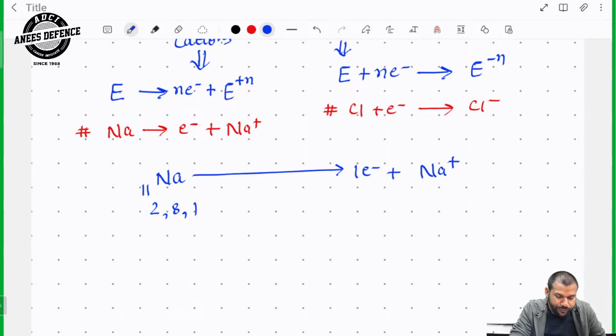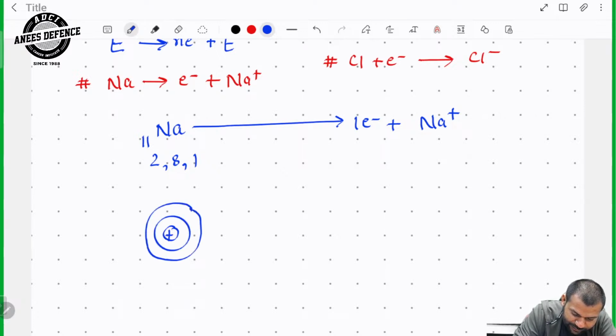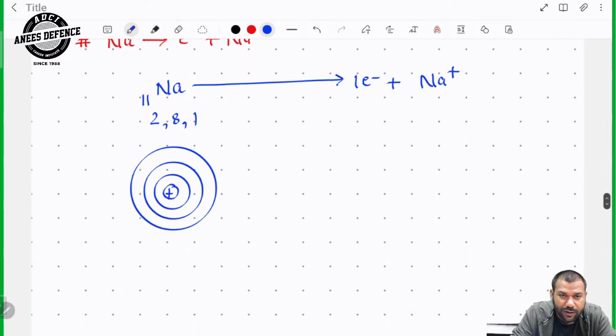Sodium cannot lose its inner shell electrons, like it cannot lose one electron from the second shell, or from the first shell. It will always lose its electron from the outermost shell. So if I draw the shells here, it will look like this, right? This is the arrangement for sodium, and here we have 2 electrons, here we have 8 electrons, and here we have 1 electron,